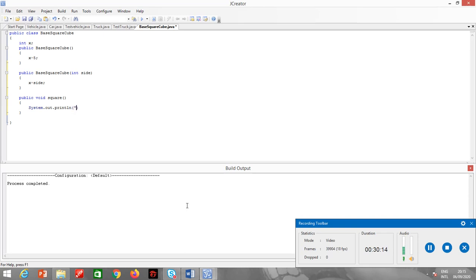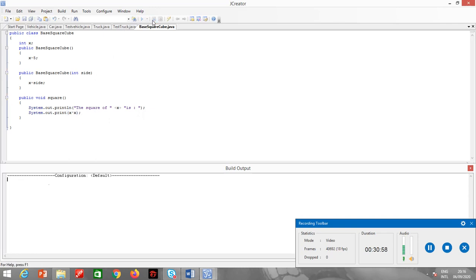System.out.println the square of, because in the output it's number also, x is, and I will write over here x multiplied by x, that's it.